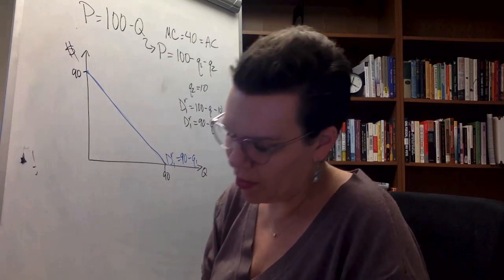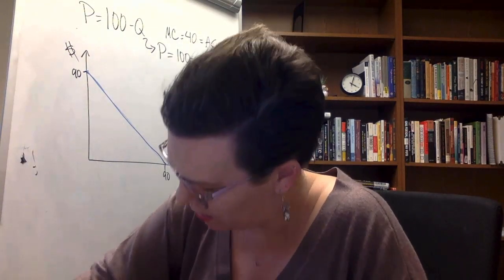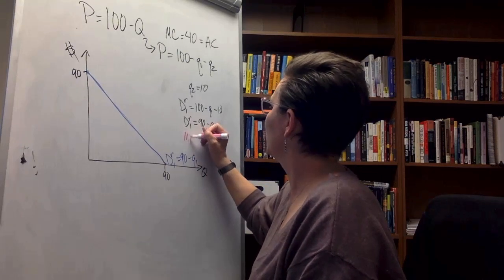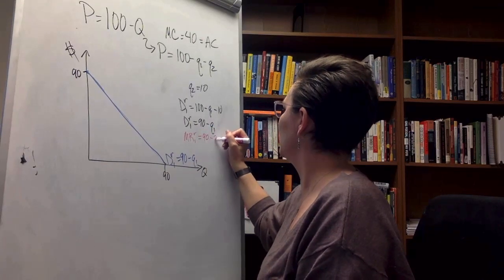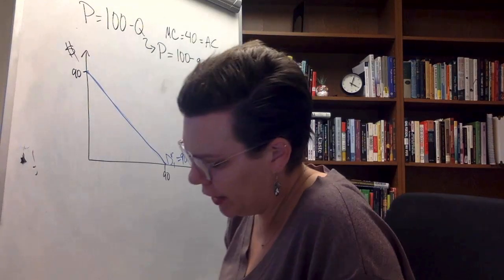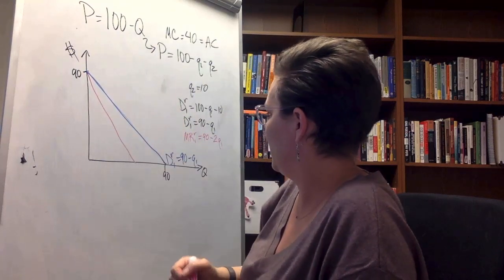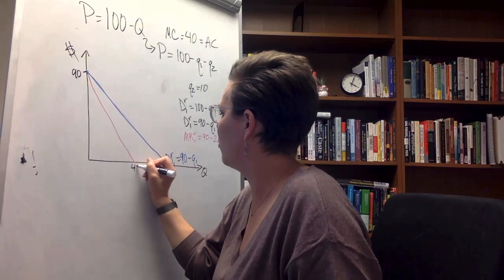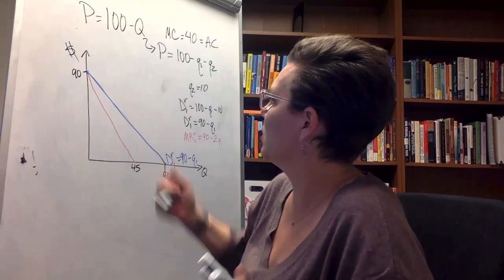And then we want to derive the marginal revenue function. And that's going to be the inverse marginal revenue for firm 1. The residual inverse marginal revenue is going to be 90 minus 2Q1. I know that's using that same technique I just showed you a little bit ago. And so I'm going to get a marginal revenue curve that looks like this, where it intersects the Q-axis at 45. And then we want to impose our marginal cost curve